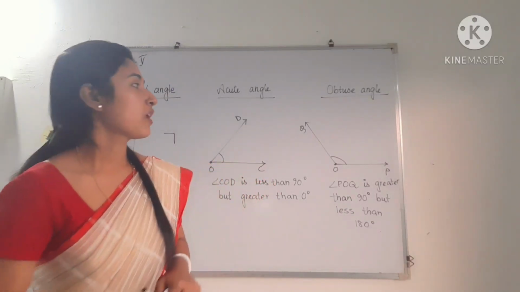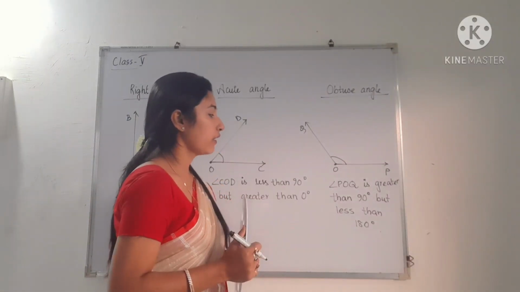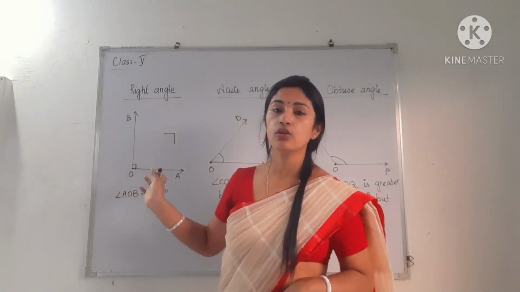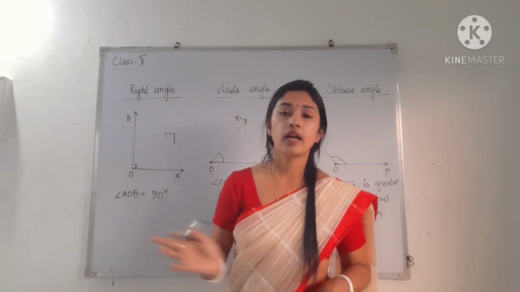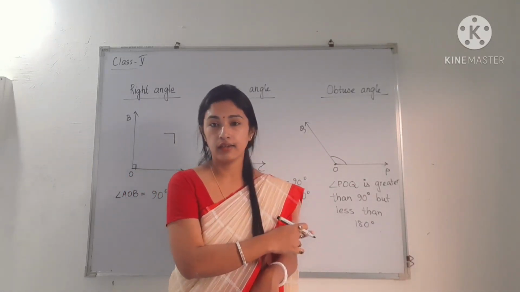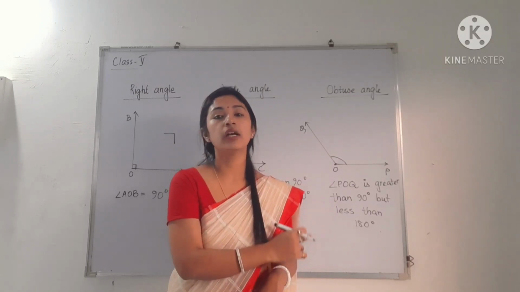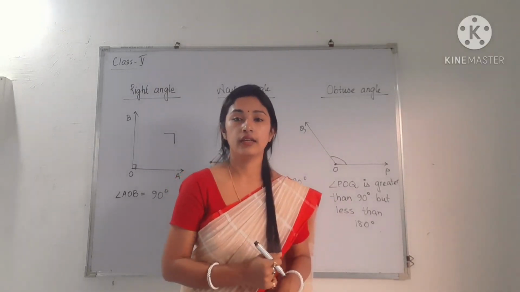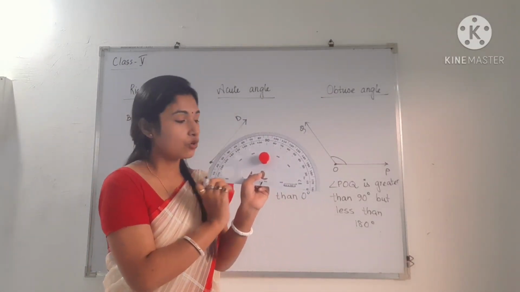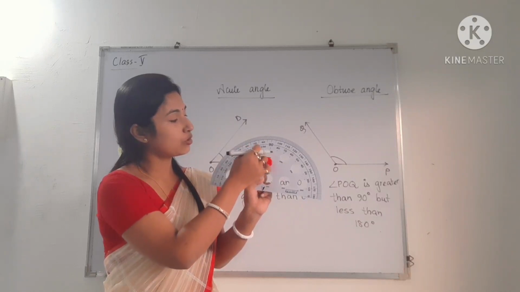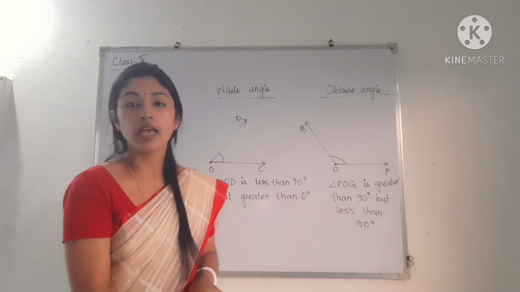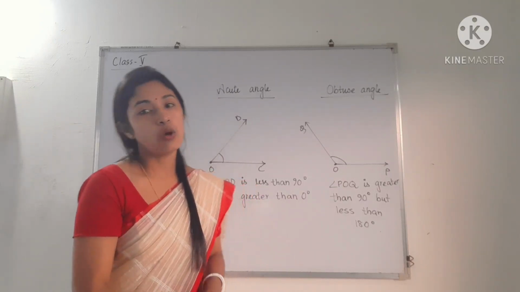Okay, and the next one is obtuse angle. So obtuse angles are the angles which are more than a right angle. So already we know the measure of a right angle is 90 degree. That means obtuse angle should be greater than 90 degree, but it is less than 180 degree. Okay, 180 degree, where does 180 degree belong? This is 180 degree. So it should be above 90 degree but below 180 degree. Okay, obtuse angle is above 90 degree but below 180 degree.